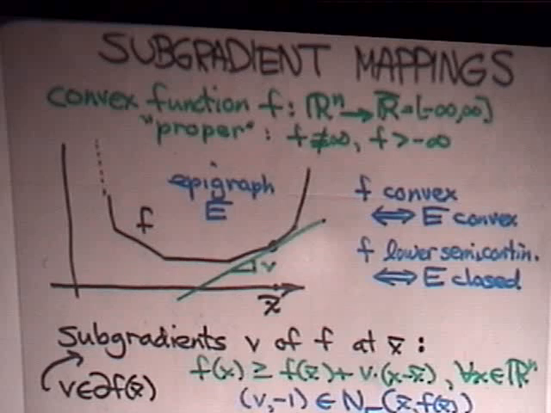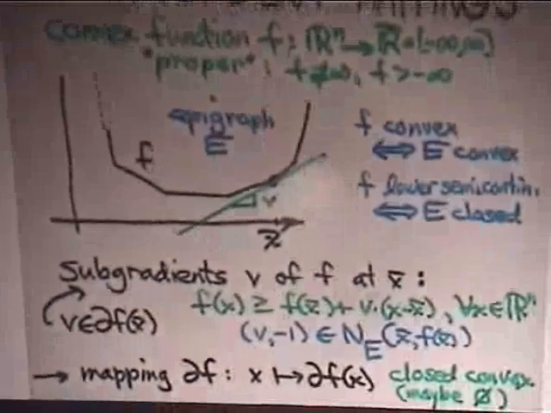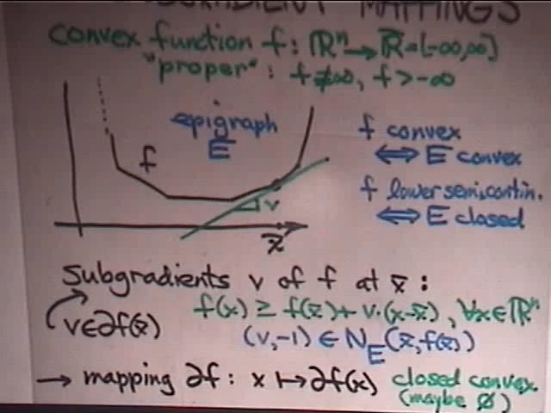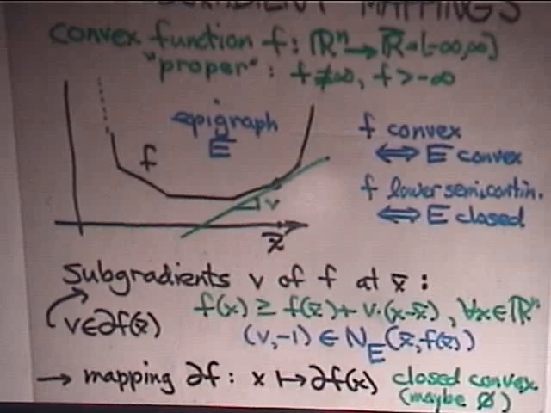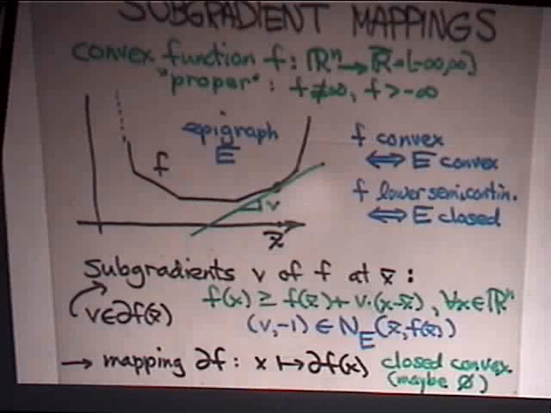Right? Now, how could you study such a function? By its graph? That's not convenient, because the graph of this function would be in the product of Rn with R bar, the extended reals. And that is not a vector space. The graph of this function is not a convenient thing on which to hang analysis. But the epigraph is. The epigraph belongs in this case to Rn cross R, and therefore can be analyzed by various means. So anyway, a function is convex if and only if its epigraph is a convex set. Another reason to be interested in epigraph.